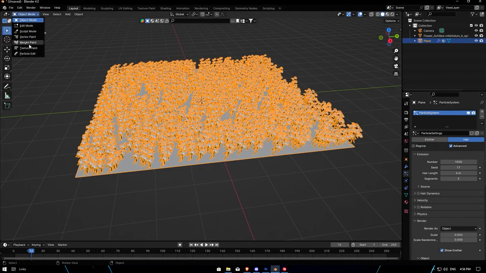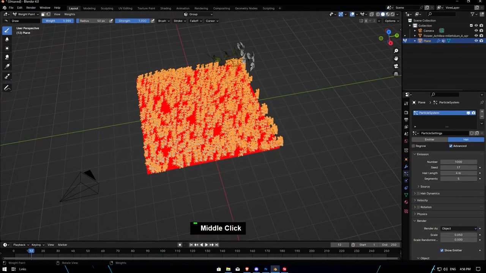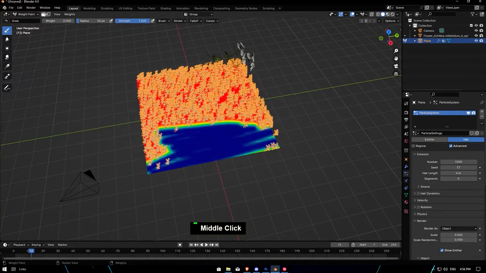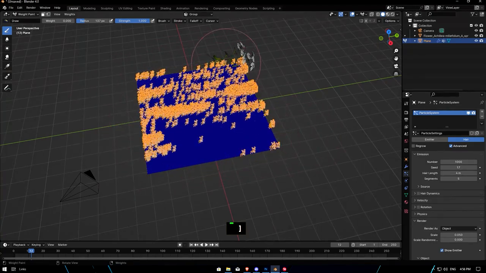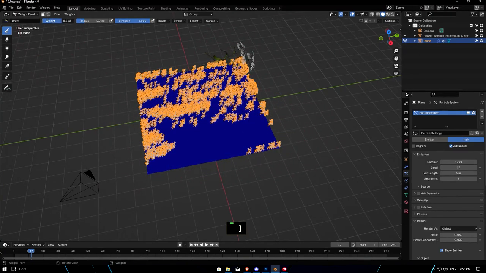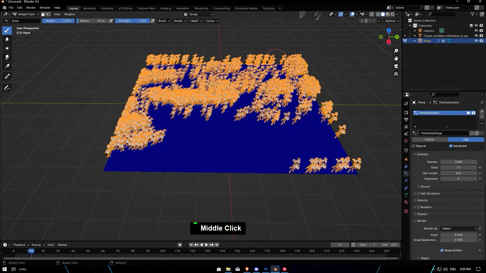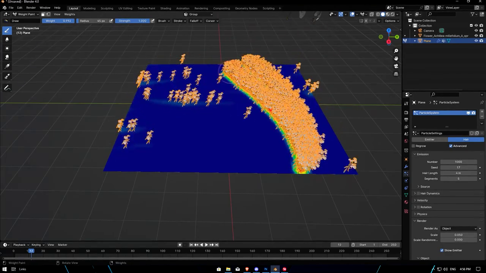So I'm gonna switch here to weight paint, and let's try to make something. I'm gonna make it blue, so the weight is 0, and that means blue is 0. I'm gonna remove everything here, something like this, increase it, and start painting my way on the selected area I want, like this. If I paint it like this,